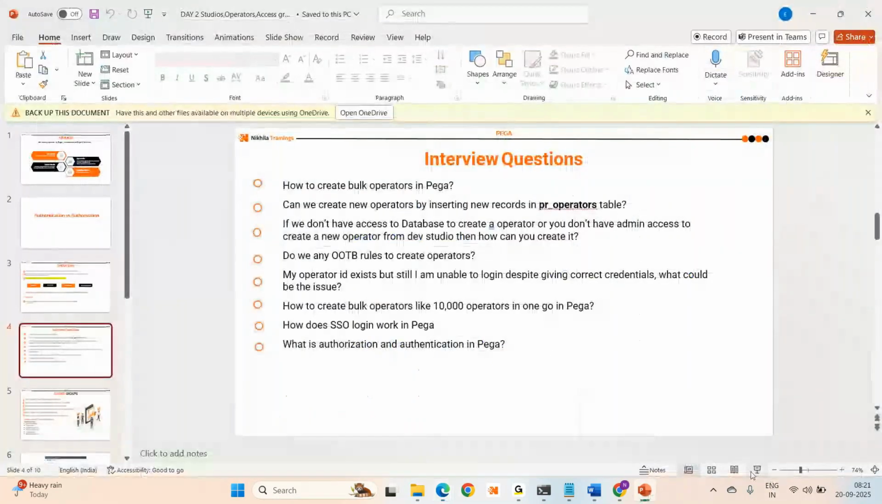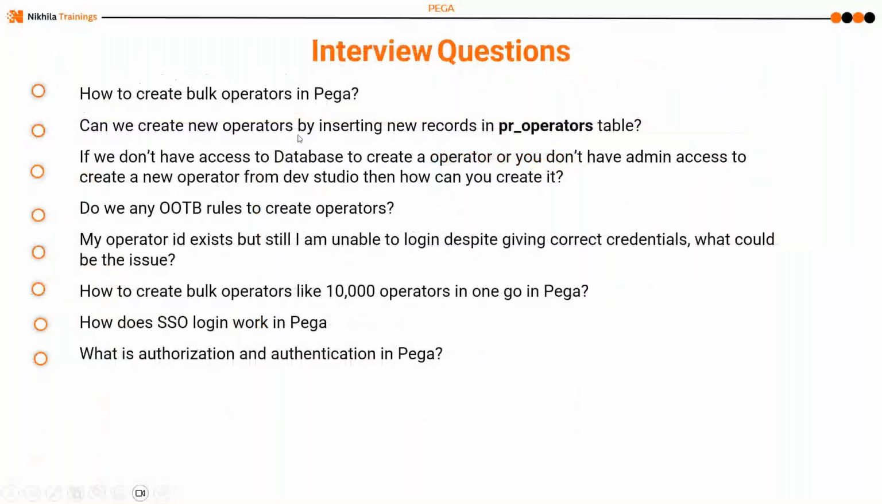Okay. Then they ask you, can we create new operators by inserting a new record in the PR underscore operators table? Yes. Can we, guys? Instead of creating from the front end or through a file, can I go to the database and insert a new record in the table and create a new operator? Will it work? Yes, but it is not the right way to create like that because there is some